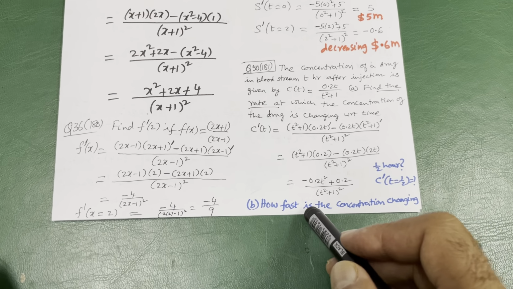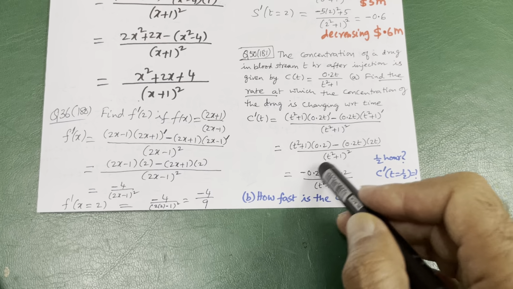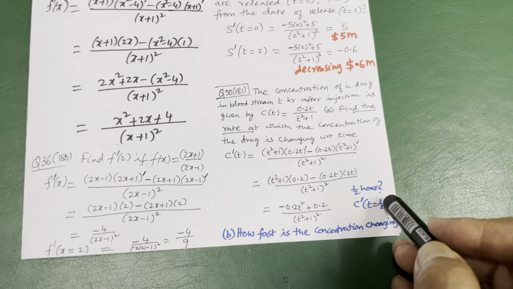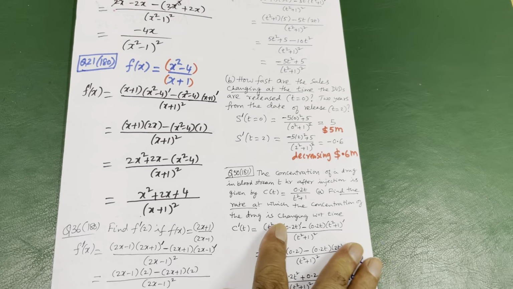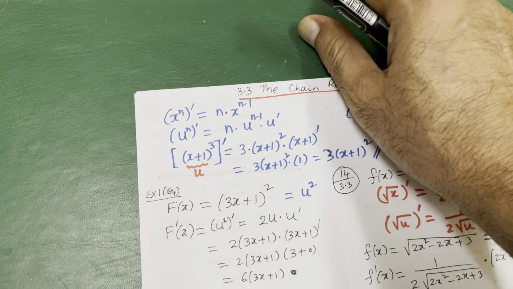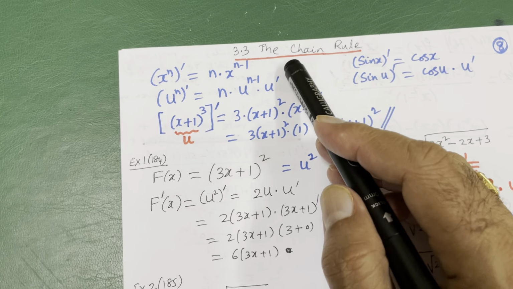Now how fast? Fast means derivative. The concentration changing at half hour, that is, here you put t is equal to half. You calculate by yourself here by putting half. You get some answer. Maybe negative, no problem. So the next topic is called the chain rule. The chain rule is the very biggest one. What is the chain rule? The chain rule is